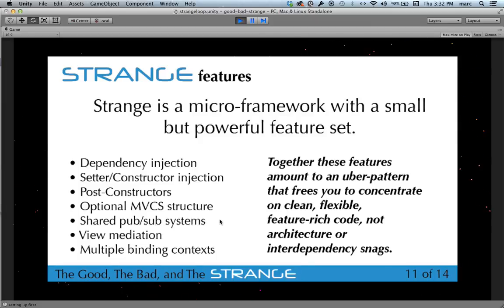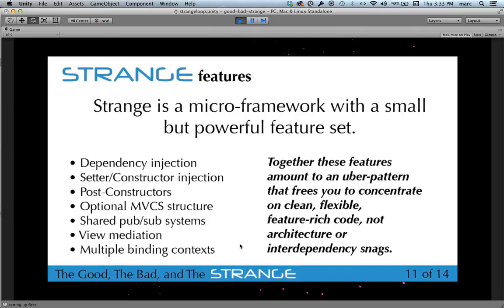We also have publication subscription systems that allow you to communicate anywhere around your app, making your app very flexible because the communications are all handled for you. It's actually a much better communication system than, say, the broadcast message system, and it allows you some options as to how you use it. View mediation is a somewhat more complicated topic, but it basically has to do with separating out the code that governs your views from the rest of your app in order to keep things clean.